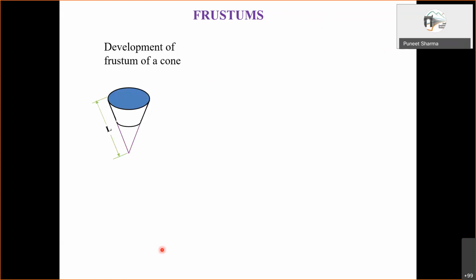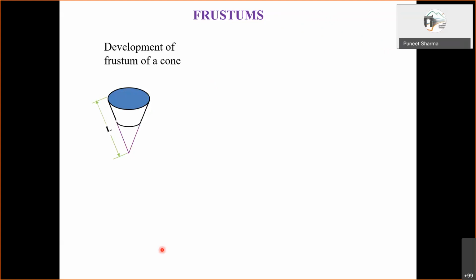Then let us consider the case of frustums. Suppose we consider the frustum of a cone first. For this case, again, we'll have the radial lines. But you see, the center for the arc was the apex of the cone. The same thing has to be valid for this case also. So we need to first of all complete this cone.